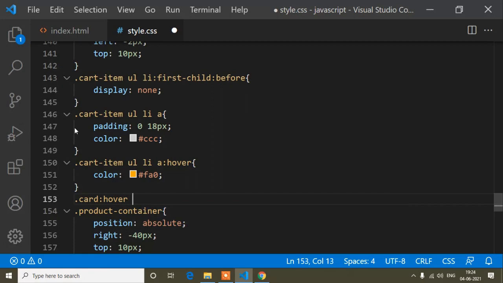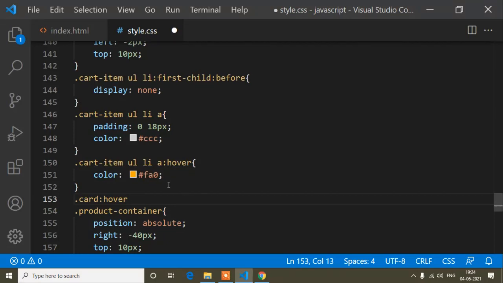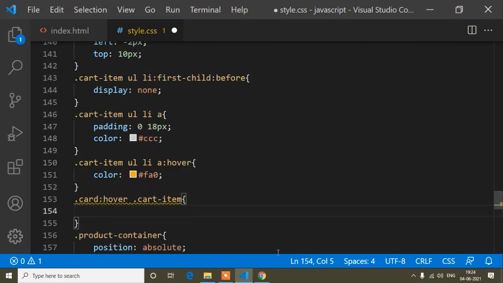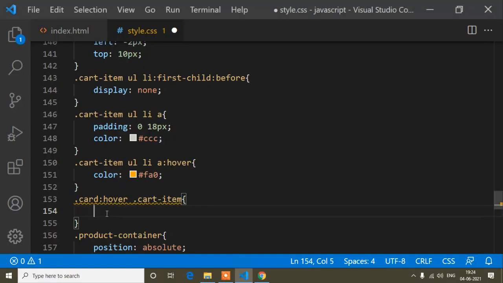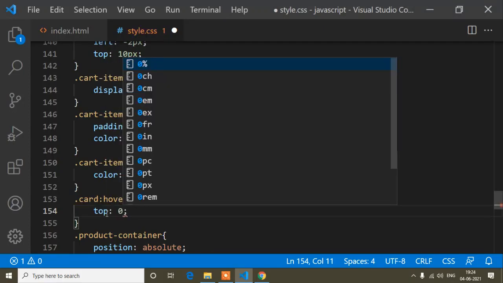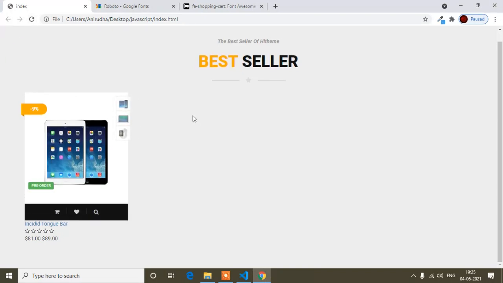So at that time, this cart item, dot cart item, is now at negative top. So here I will write top is 0. So let's check it. If I refresh and hover, you can see it's coming from -30 pixel to top 0. Okay, like this way.